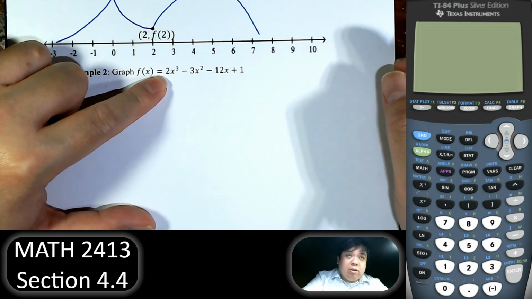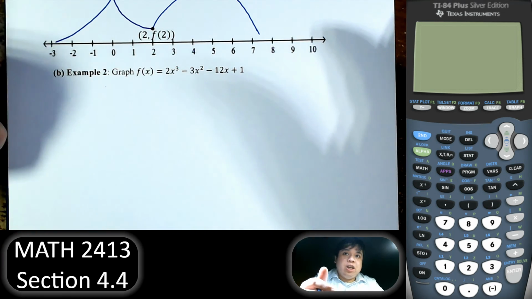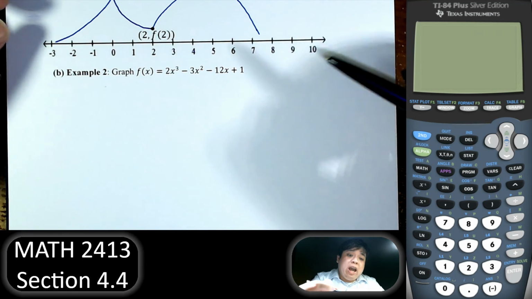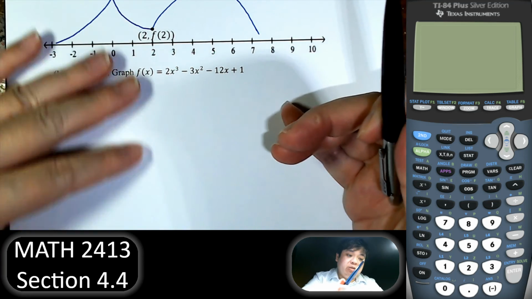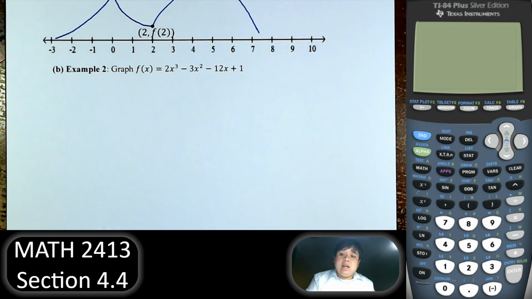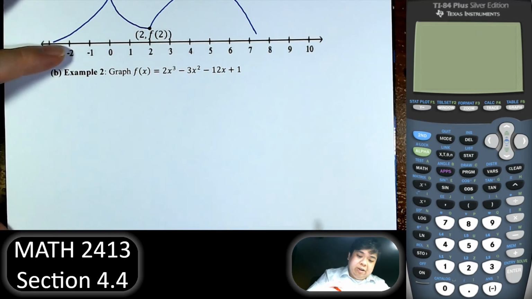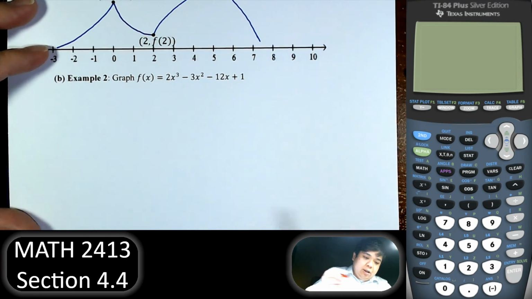This is a polynomial function, so it is continuous and defined everywhere. So if we have to write the domain, it is all real numbers because it is defined everywhere. Right. But like I said, our focus here is the first and second derivative and what we can get from them. While we're doing that, we might see that we might have asymptotes there, but like I said, focus on the derivative. So first,